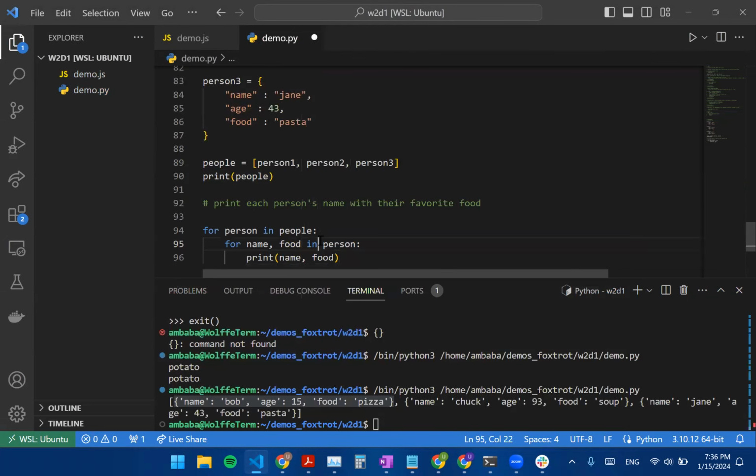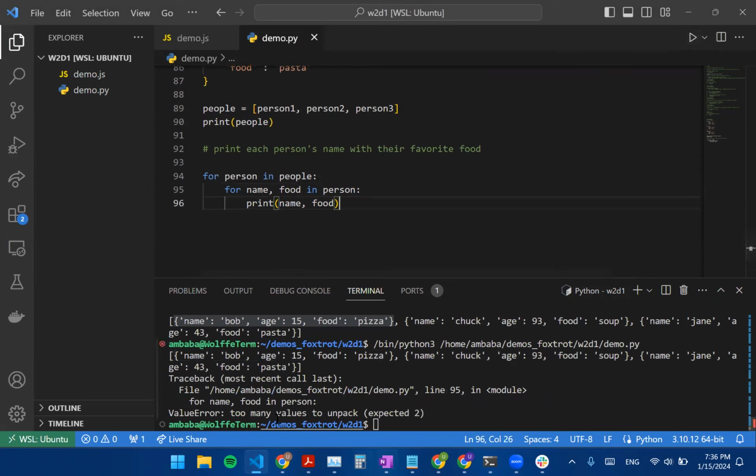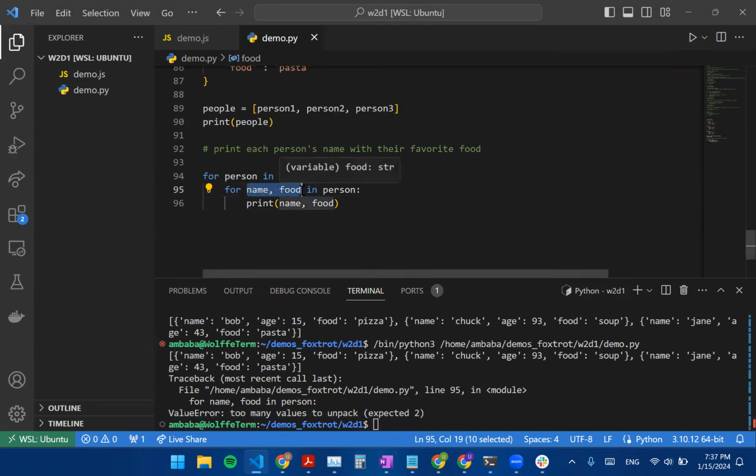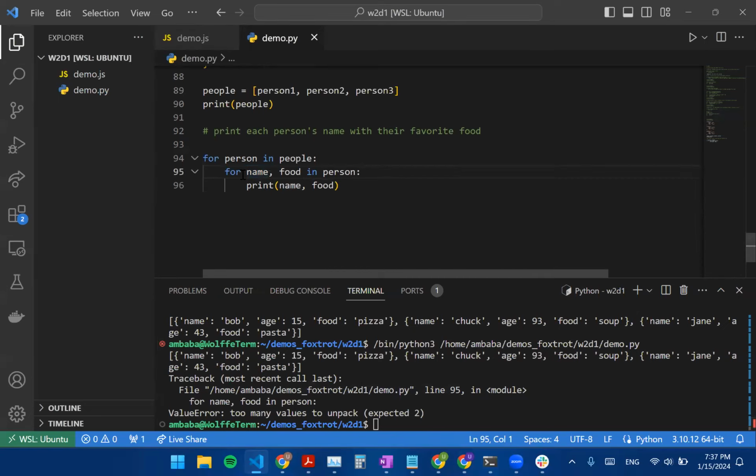Okay, let's try that and let's see what happens. So let's hit run. Ooh, value error. Needs to be in curly braces. Is that right? The name and food inside the print statement needs to be in curly braces, and it needs to be, I think it needs to be dot notation. If you take a look here, it says the error is actually on line 95, which is in the for